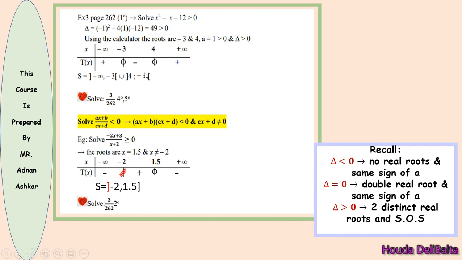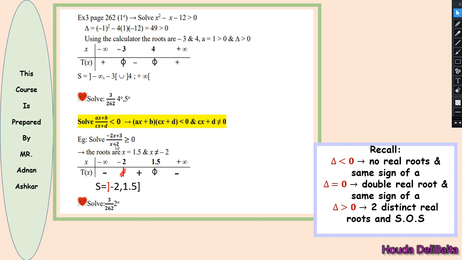We put the roots on the table and we apply the rule of same, opposite, same according to the sign of the coefficient of x squared, which is a. Now, what happens in case we have the inequality in this form, in the rational form? So if minus 2x plus 3 over x plus 2 is greater or equal to 0, we have to solve this